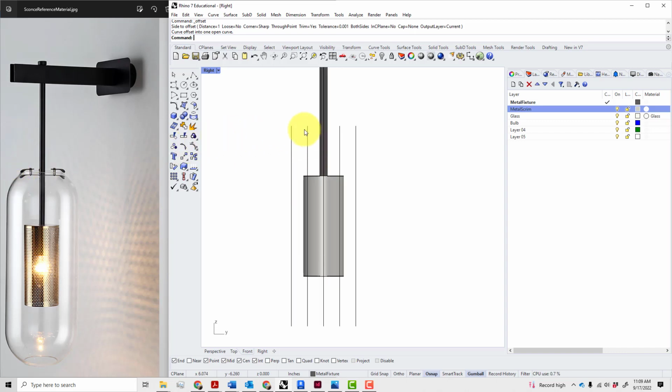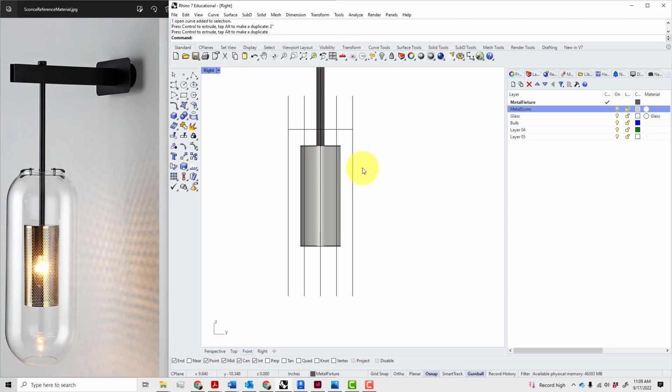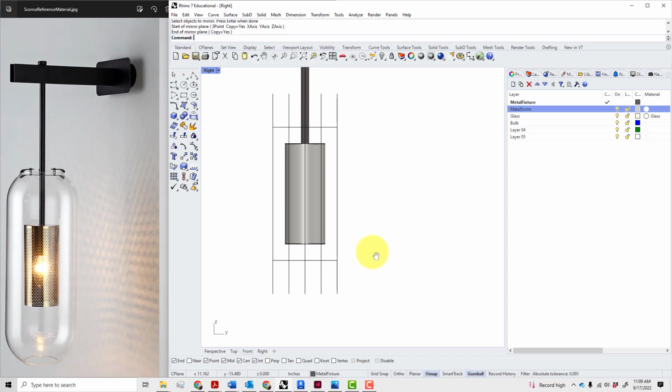So, and then let's see, I'm thinking the major geometry is roughly that. So if I use that tool,